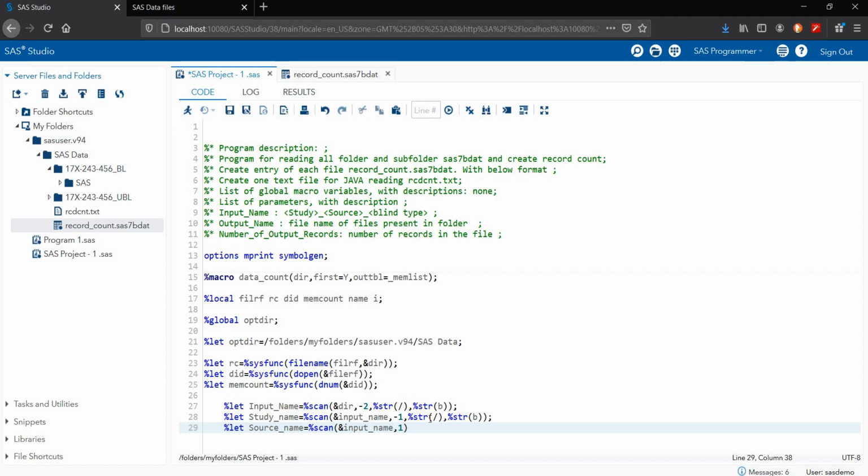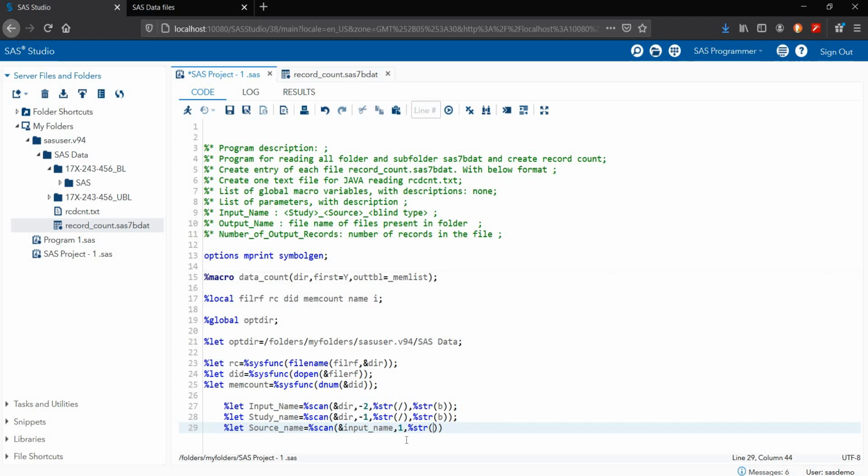In the source name I'm using 1 because the source name is BL or UBL, so we have to scan from the last %str.